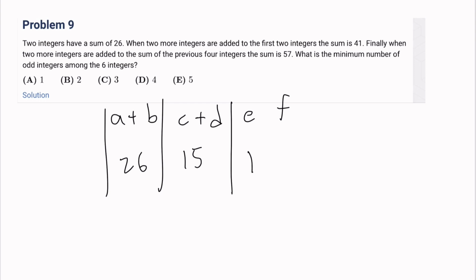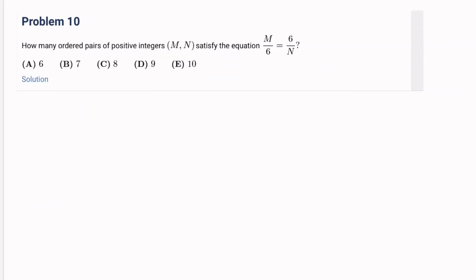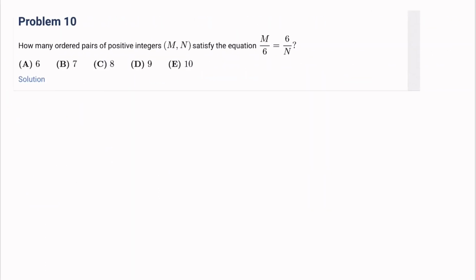So the minimum number of odd integers, these can be just 2 even. And these can be just 2 even, but this needs 1 odd and 1 even, right? And so the minimum number of odd integers is when it's 0, 1, 0, so it's 1. The answer is A. Number 10, how many ordered pairs of positive integers m, n satisfy the equation